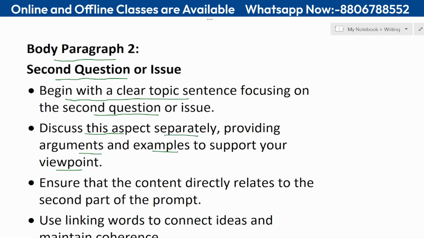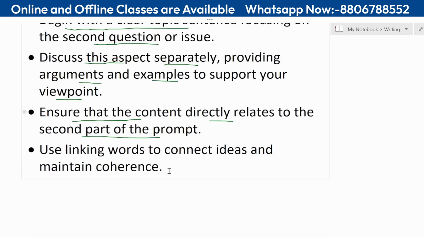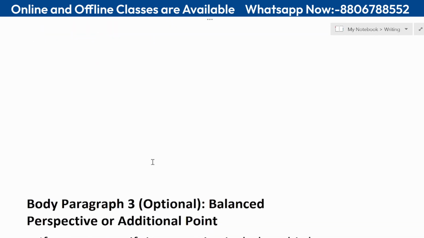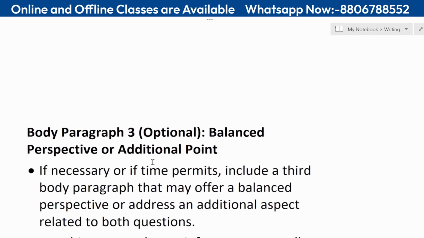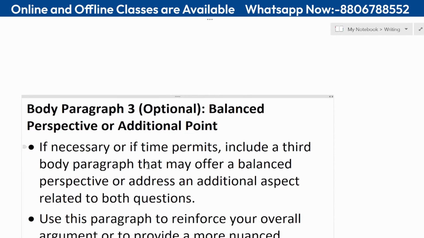Ensure that the content directly relates to the second part of the prompt. And lastly, use linking words to connect ideas and maintain coherence. So if you take care of these things in your body paragraph 2, it will be easier to score high